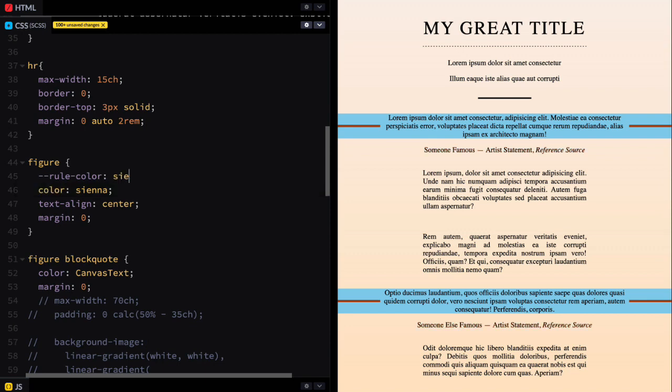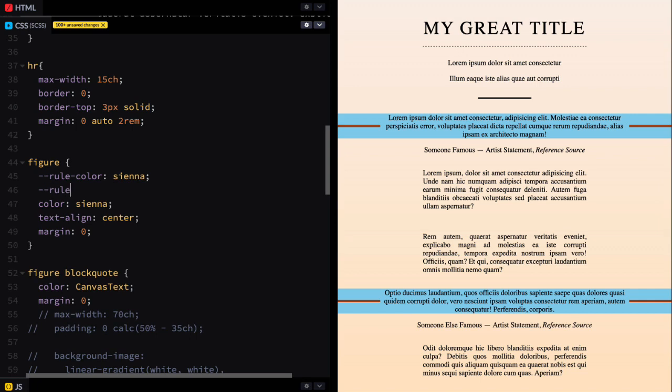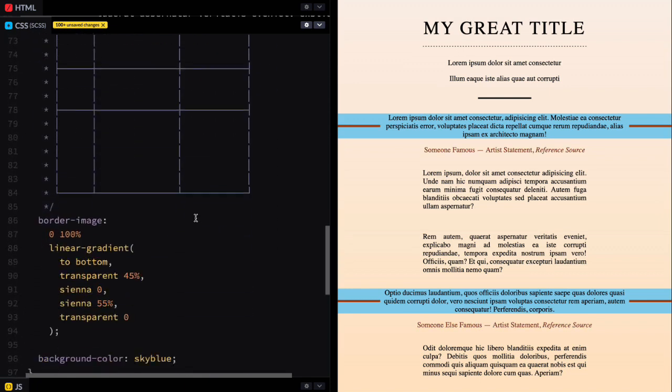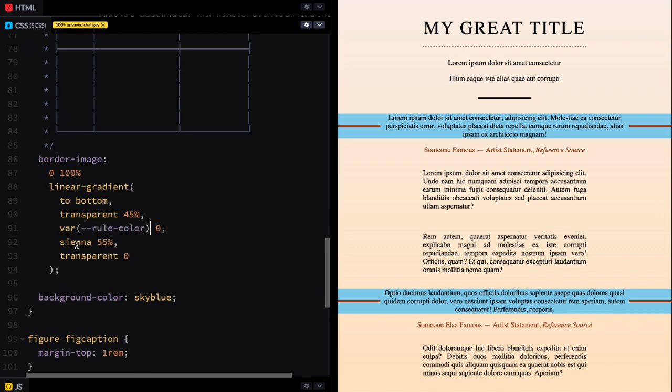I'm going to make that sienna. And I'm going to get rule width, which is going to be 10 pixels, just for chucks and giggles. And right here, this is going to be a var, rule color. Copy and paste that really fast. Bring it all the way down. Paste it in. And now right here, I'm going to get rid of this 45 and go var